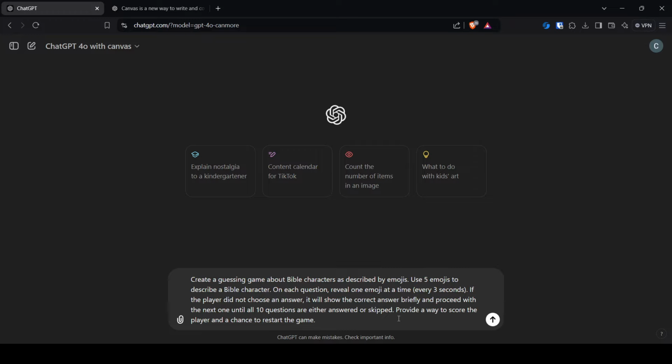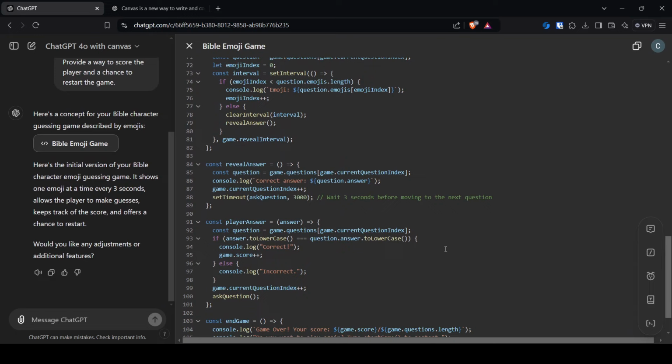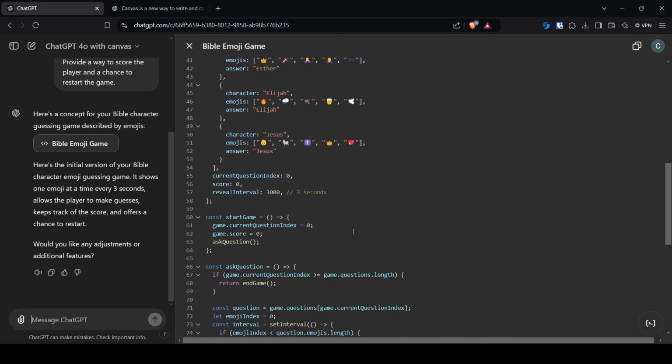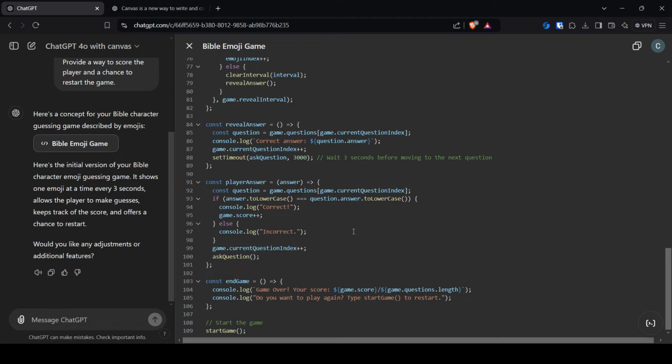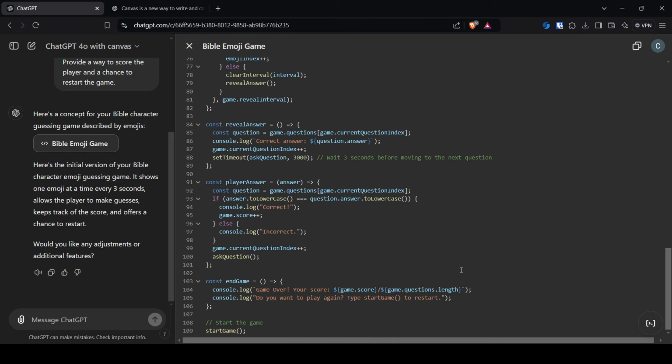Will it preview the game or will it just provide the code? Let's see. Okay, so here we have a similar original chat interface, and it automatically opens the canvas, and we can see our game code here, and it used JavaScript to create a game. I don't think it will run because it's only using JavaScript code. There's no HTML. But let's see what are the available tools here. It has code review, port to a language, fix bugs, add logs, and add comments. There's no preview. So this is not an alternative to Claude Artifacts right now, but it can do some code reviews.